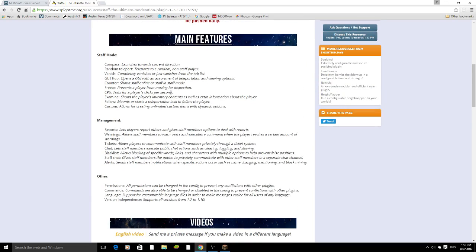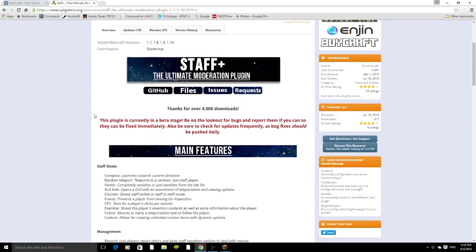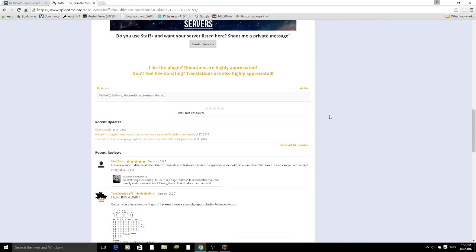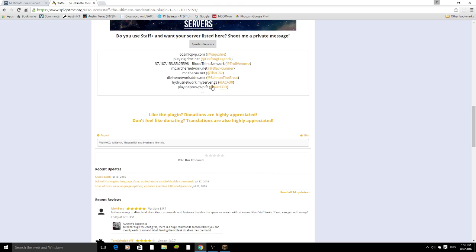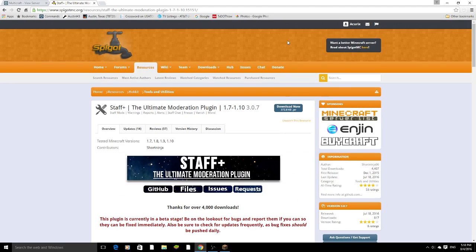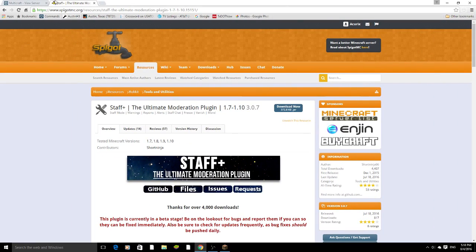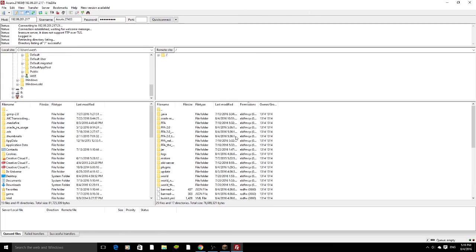And so these are obviously the main features and all that good stuff. If you do private message them, you can get your server up there. There's a chance of it. So download it from there, drop it into your plugins folder, and then I'm going to show the configuration files. Alright, so in the plugins folder,